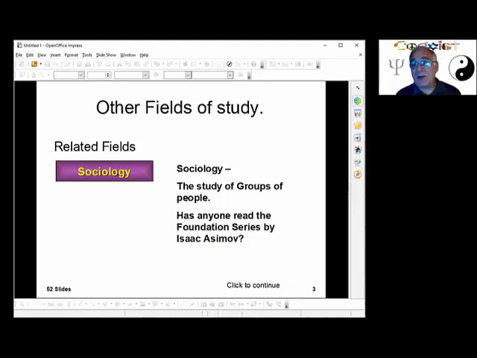Now, whether it works or not and whether it's a viable, useful formula or not isn't the question. The thing is, there are people working on formulas to define how people act in sociology as groups. And even in psychology, there are people who are working on formulas to define how an individual works. If you can manipulate the variables in the formulas, supposedly you can define how that person will work in the psychological realm. So kind of cool.